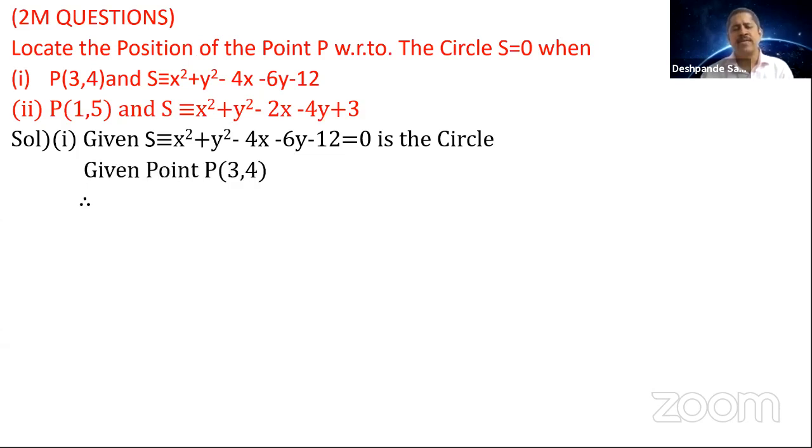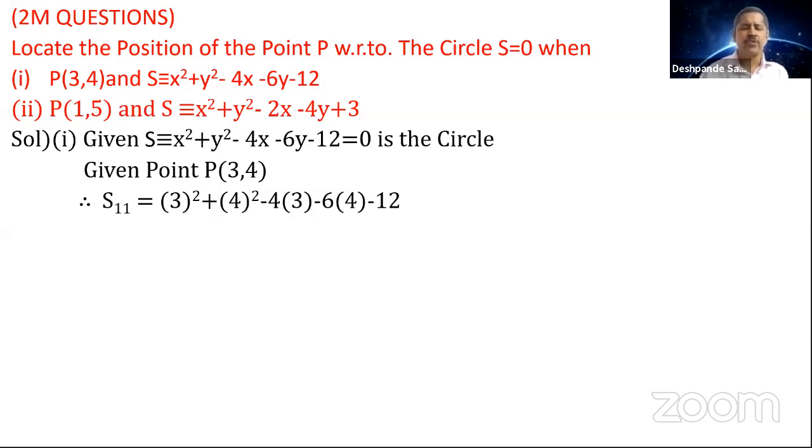Take the point (3, 4), put x is equal to 3, y is equal to 4. What do you observe? 3 square plus 4 square minus 4 into 3 minus 6 into 4 minus 12. So what do you get here? 3 square is 9, 4 square is 16. So 9 plus 16 minus 12 minus 24 minus 12. So what do you get is